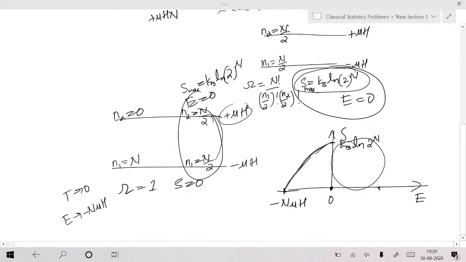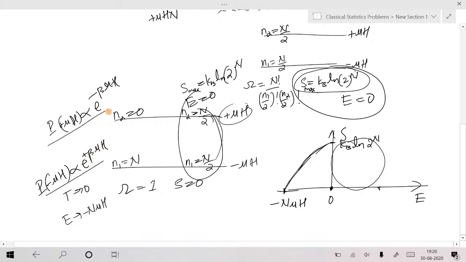When it is in thermal equilibrium, that will not happen, because your probabilities are guided by mu h, that's proportional to e power minus beta mu h. So the probability of getting minus mu h is equal to e power plus beta mu h, isn't it? Your probabilities are guided by this factor, and I have shown that this probability will tend to half when you have very large temperature, isn't it? I think I have discussed this one in class.